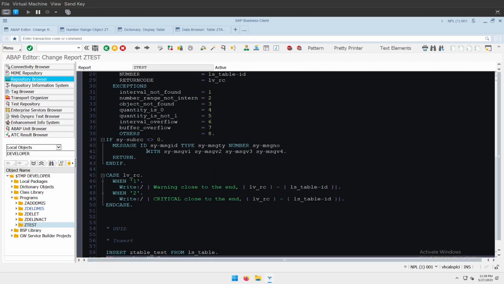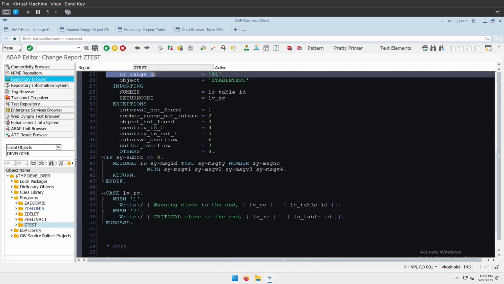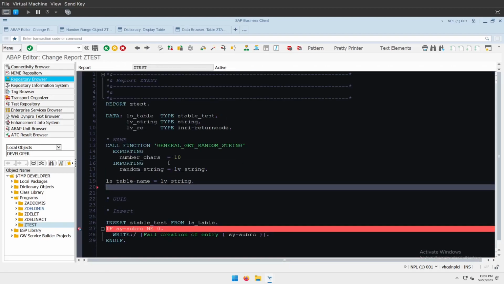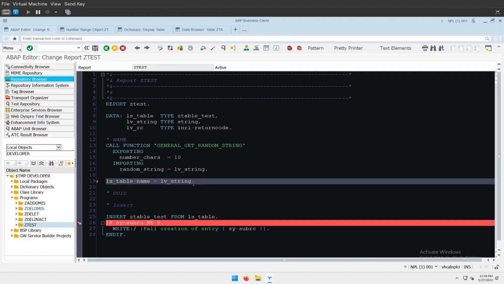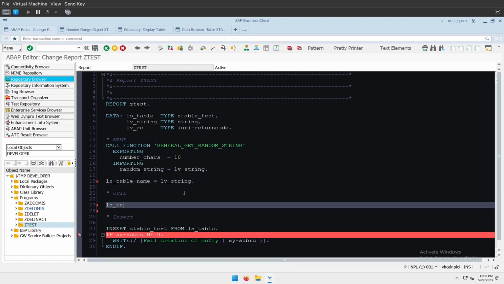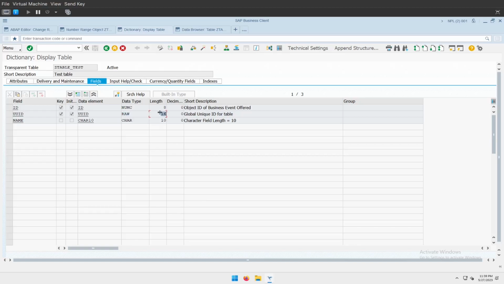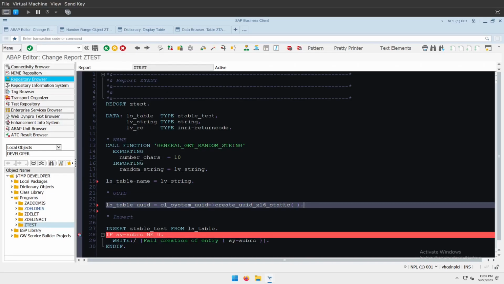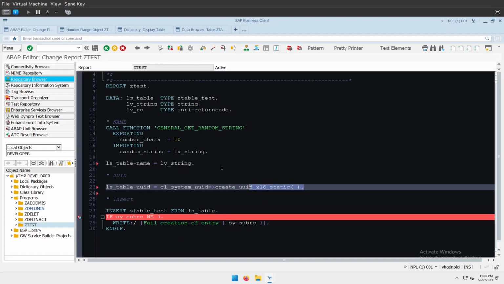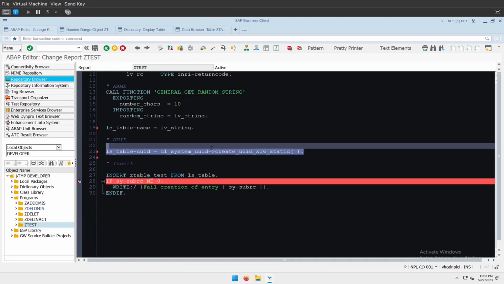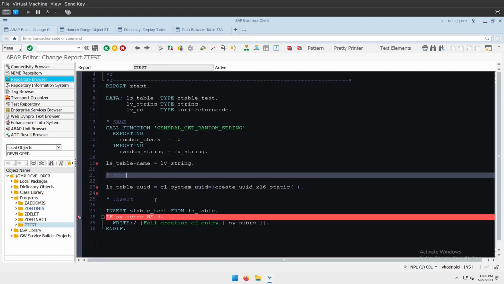Okay, since now we have seen how we can increment IDs in the correct way, we can delete this part and go for the UUIDs. The UUIDs is very simple. We can just put the UUID directly in our field, and we just need to use the method that I provided in the guide. So this one. Why this one? Because in our table we have a RAW 60. So this is going to create a 60 character string, or UUID in this case. And yeah, we can save